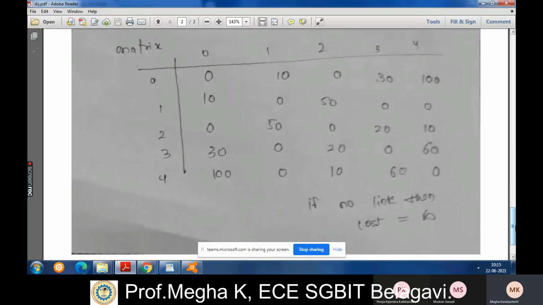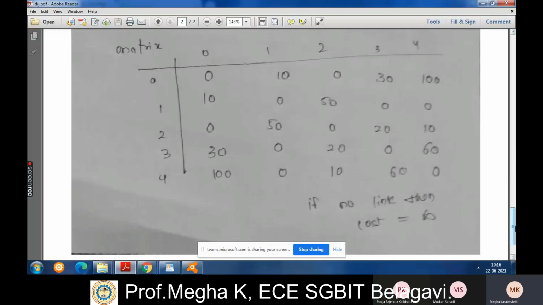As 0 to 2 has nothing, the 0 will be there, but if there is no link, then the cost value becomes infinity. This is an adjacency matrix I have written here, but when you find the cost matrix, at that time, if there is no link between the nodes, the cost becomes infinity.